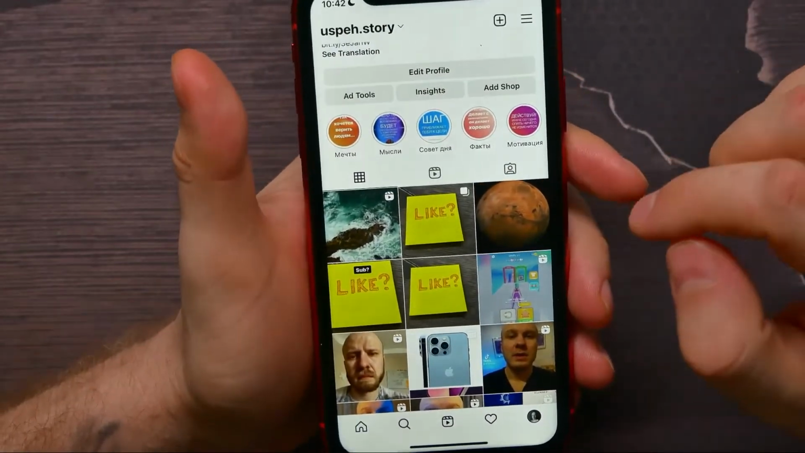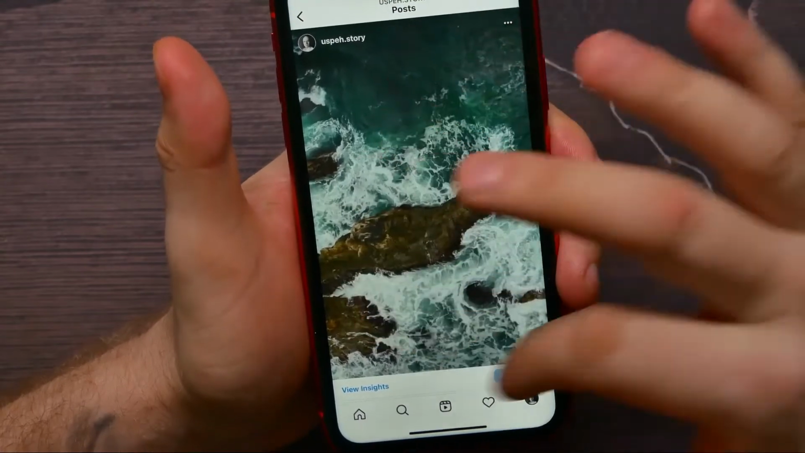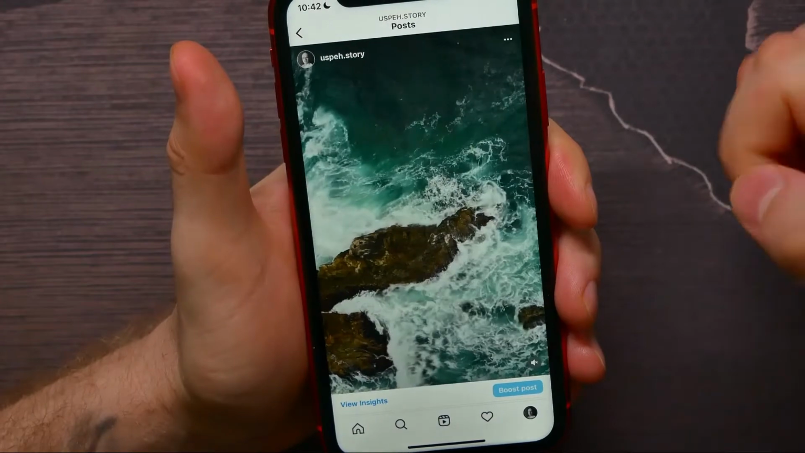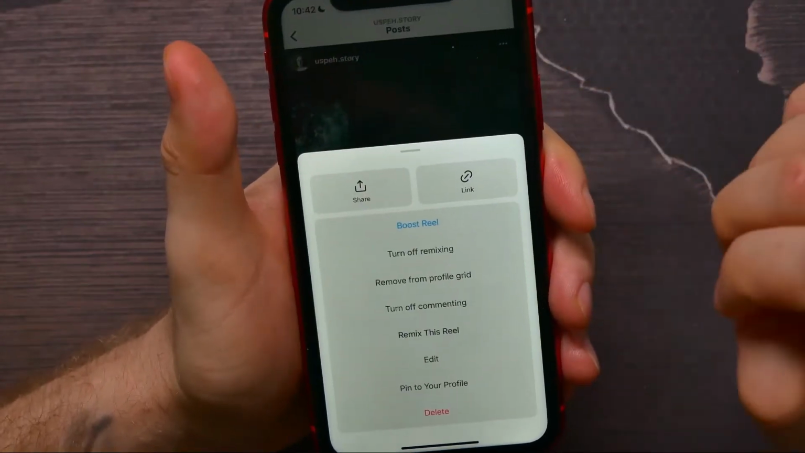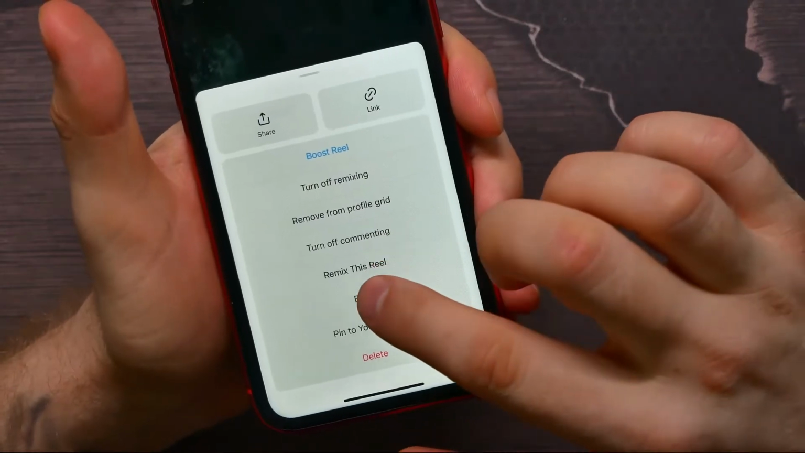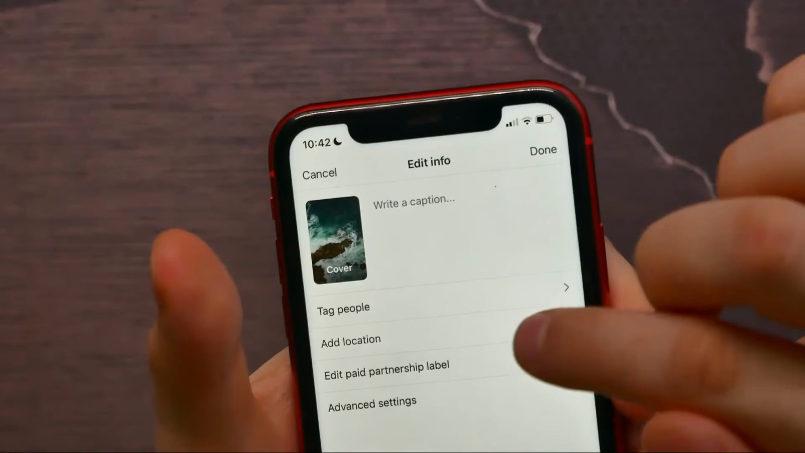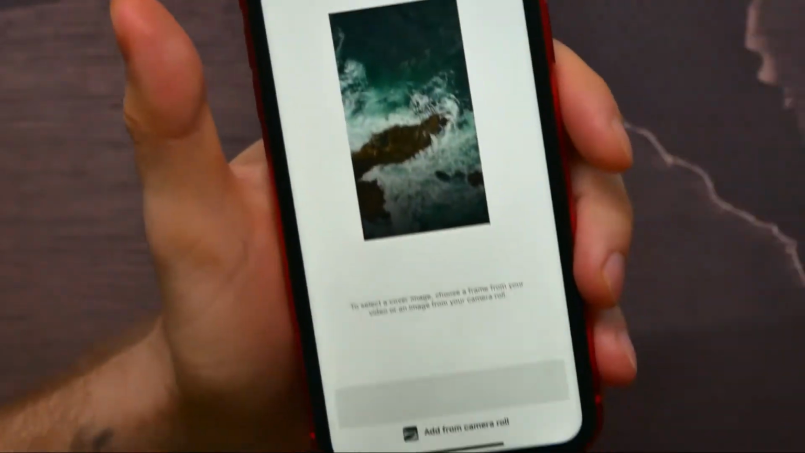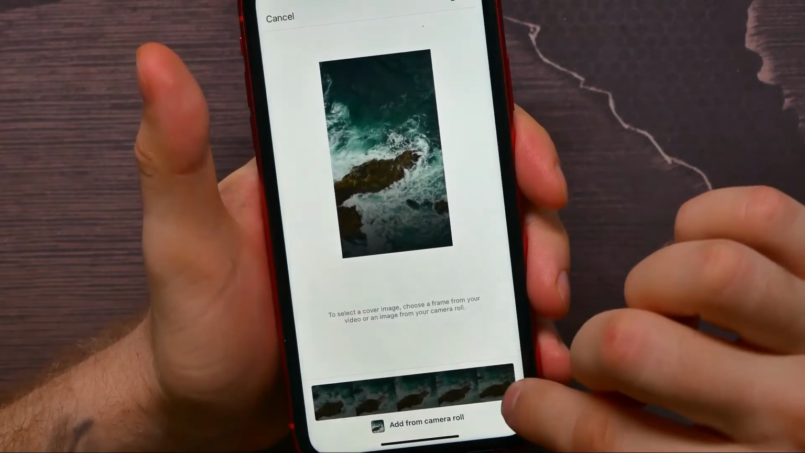Now I'll tap on my last post, and there all I have to do in order to change the cover for that post, I'll just hit on these three dots icon and here tap at edit. Now there I can tap on cover right here, and it opens up that edit mode, and here I can